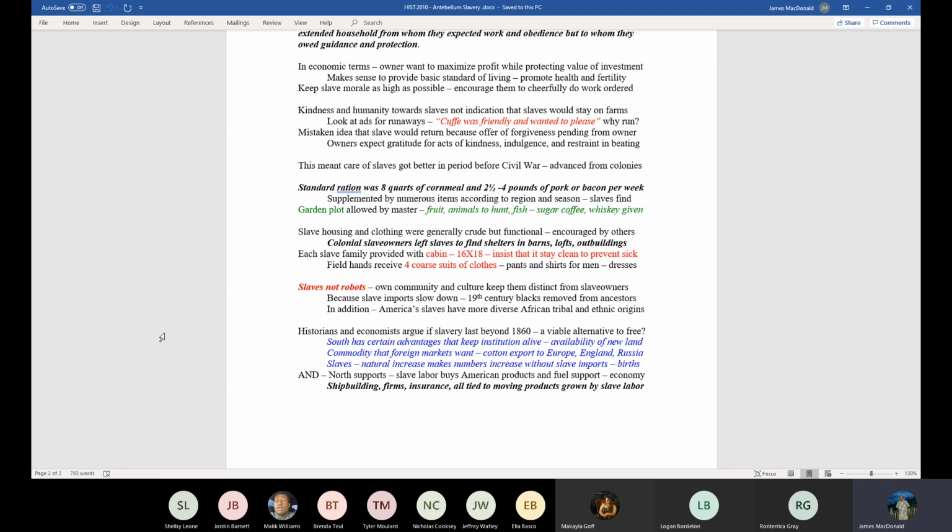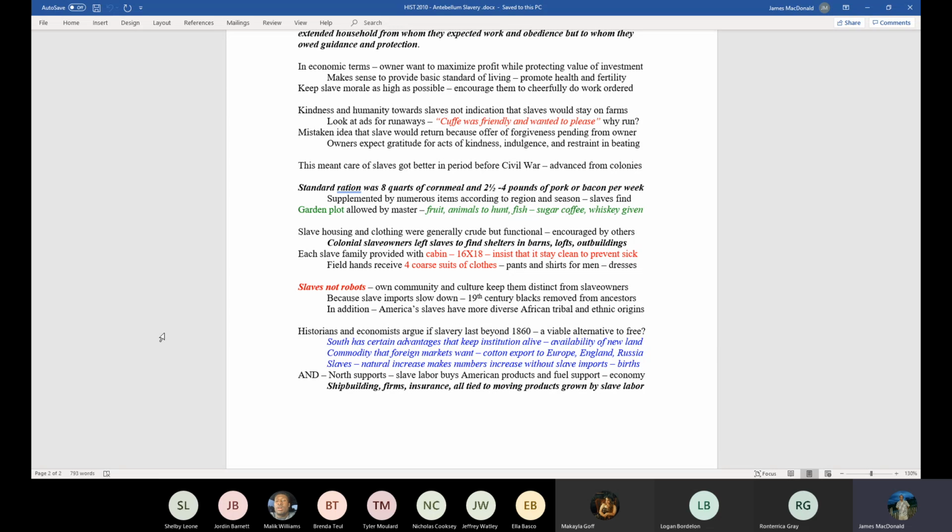The South had certain advantages that kept the institution alive. First of all, there was always a demand for the cash crops that slaves were instrumental in growing. Cotton, hemp, sugarcane. The government created, again, a great climate to make sure that those exports raised by slaves in the South went out to other countries around the world. There was a demand for it. The Industrial Revolution in England helped fuel the development of the Cotton Kingdom in the Deep South. A black man brings from Haiti, after the Revolution on Saint-Domingue, a technology by which they plant sugar cane along the southern areas of the Mississippi River.